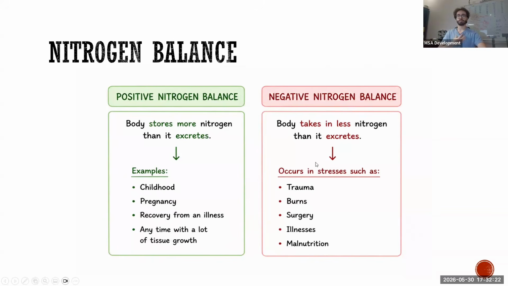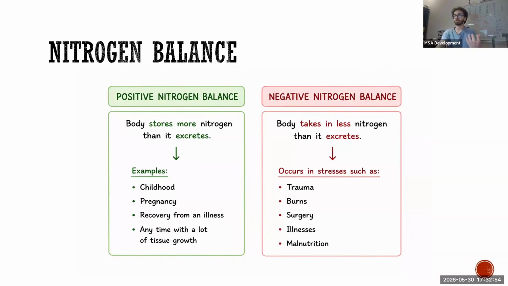Now, what do I mean by the body has no lid? The body is damaged. Burns, they expose the skin. Surgery exposes the skin. Trauma could expose the skin. Illnesses don't directly expose the skin, but they expose you and your immune system. Malnutrition, same thing. For all of these, they will lead to losing nitrogen more than we're storing it. However, positive nitrogen balance is basically when we have a lot of anabolism. What does this mean? A lot of growth. Childhood. You're still a child, not you, but a child in general.